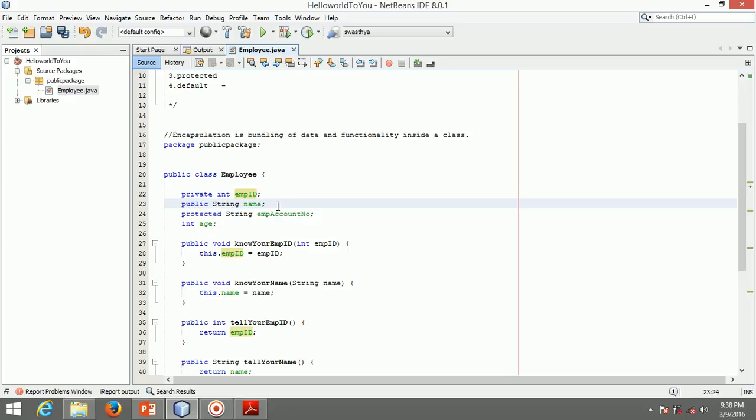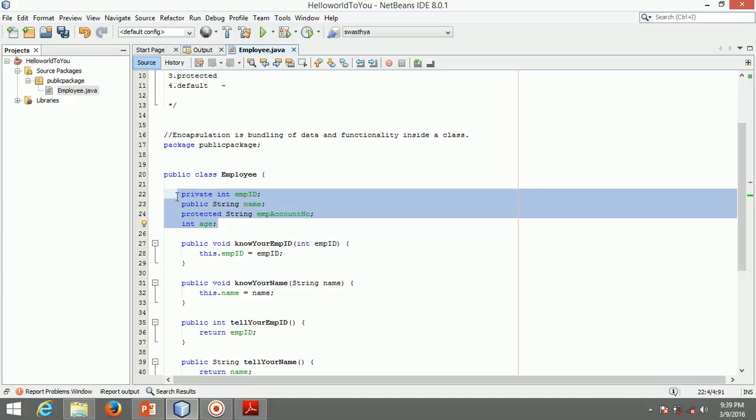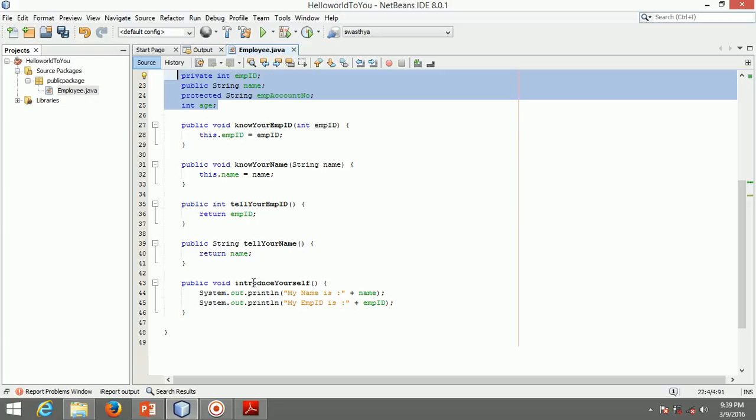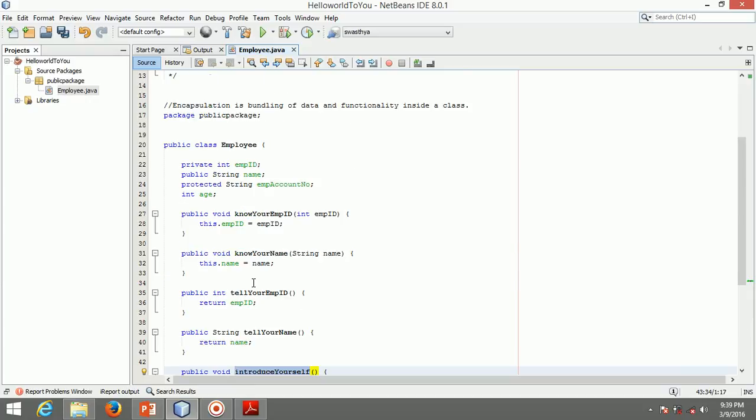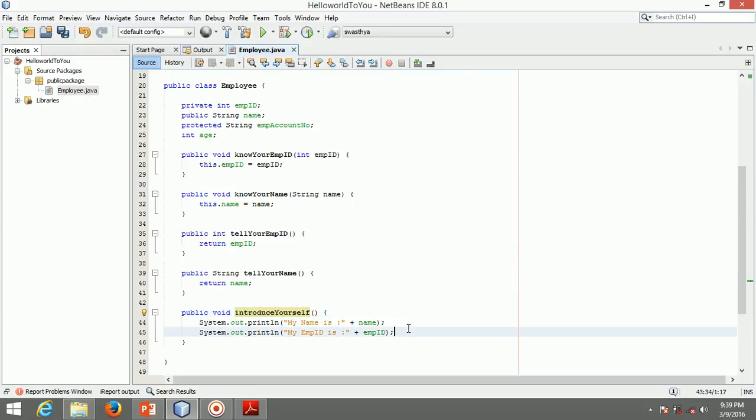Suppose I create an object of employee type and I initialize these variables. I say name as Rohan, employee ID is 1205, employee account number, his bank account number, and his age. These are all his data, and I have defined, as in the previous tutorial, introduce yourself, and I can add more two items in this list.